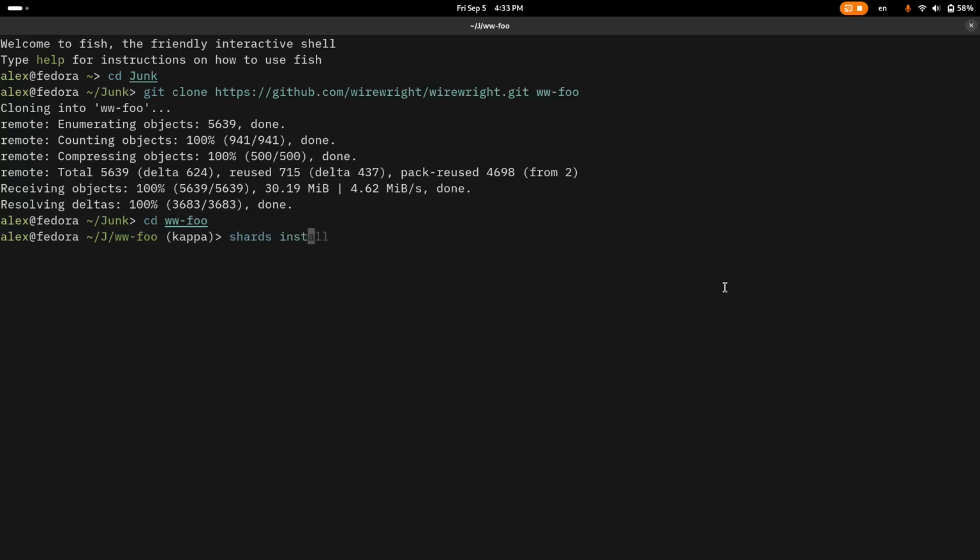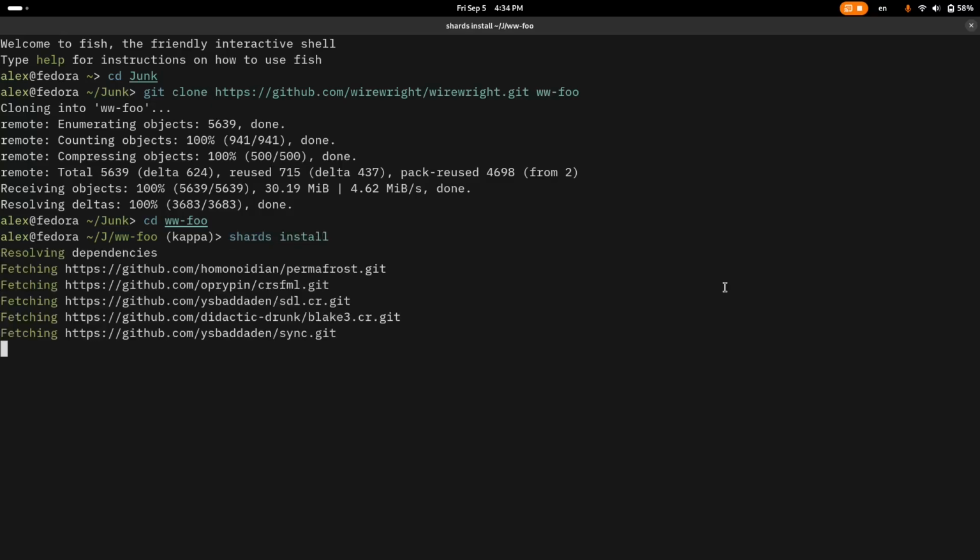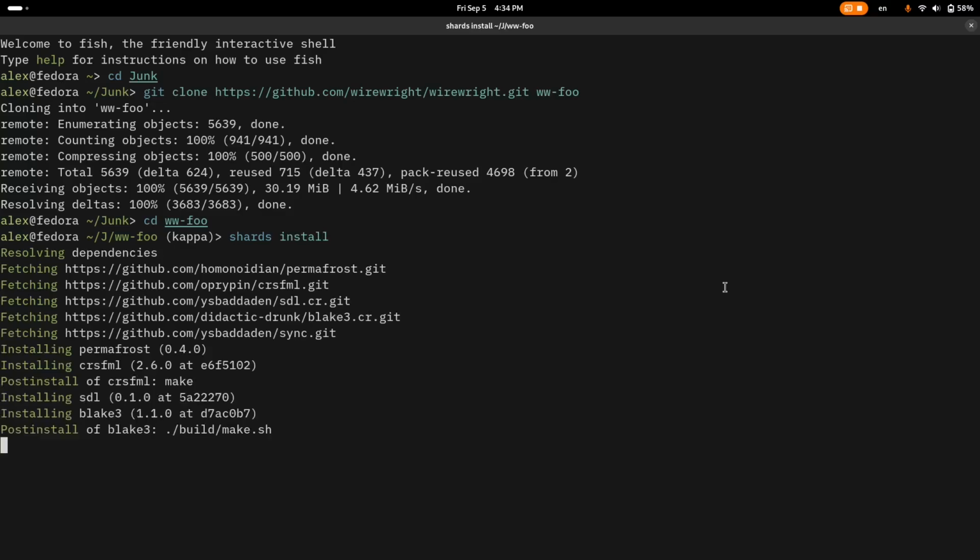install the shards. And I'm going to show only how you can get the newest bits of Wirewright working, because there are also the old bits, and those are built just as I wrote in the README. Now we have installed whatever dependencies Wirewright has, and then our goal is to build the dev tool, and you